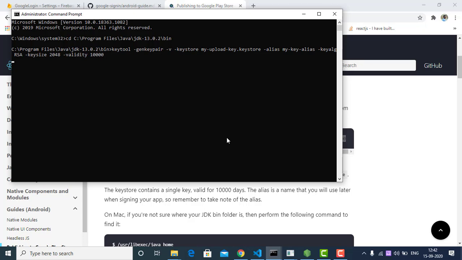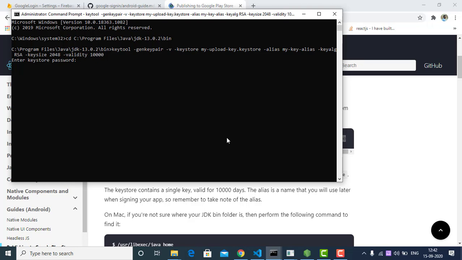I'm going to hit enter, and it will ask for a password. Enter the keystore password, and be careful when you're entering your keystore password, and always remember the password.